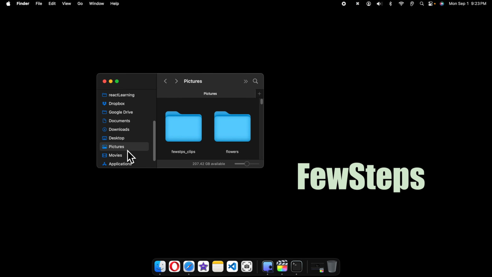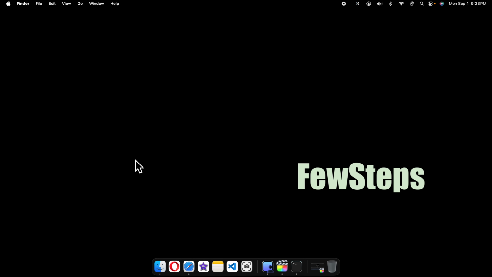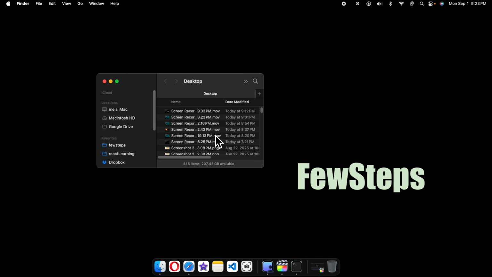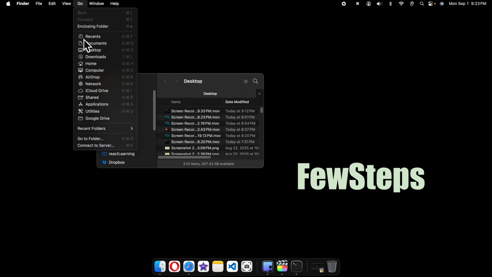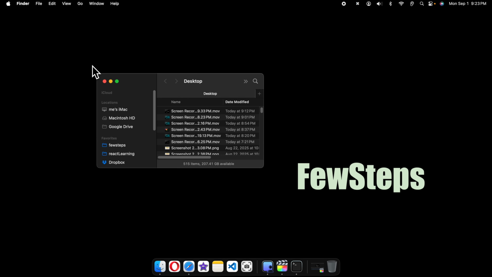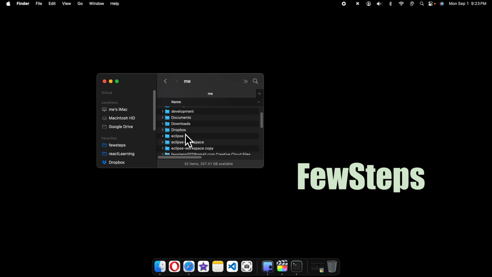But if it is missing, then how can we access these files or pictures or photos? I'm going to close it. Now I'm going to show you how you can access that. You have to click Finder and the Finder window will open. Now you can click Go, then click Home, and here you will find a list of the files or